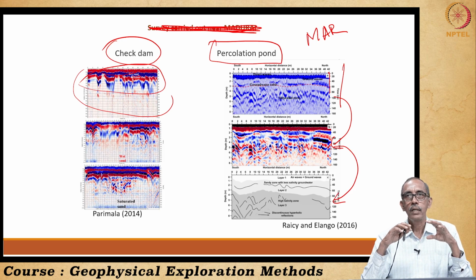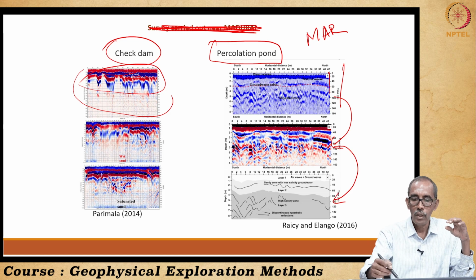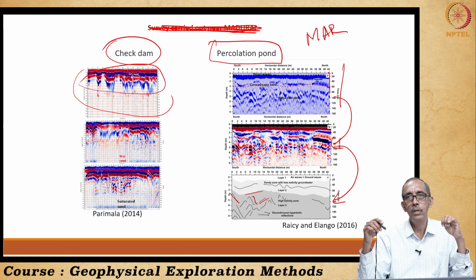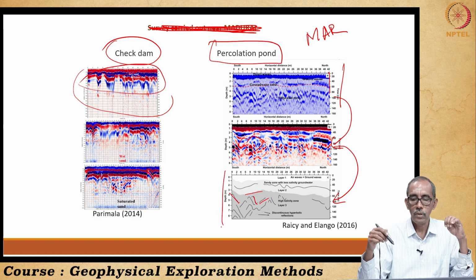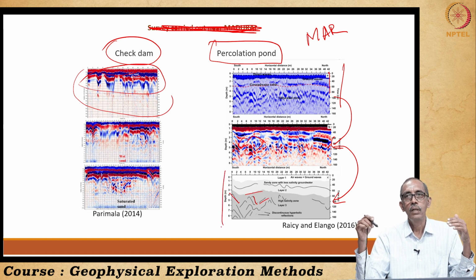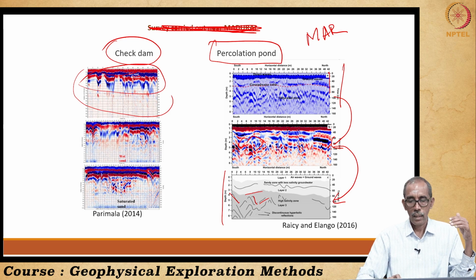We have not taken into account all the minute variations in the subsurface. Some major contacts or deflection objects alone are indicated in this diagram. So, this is how we could arrive at the subsurface cross section from ground penetrating radar. So, these are the applications of ground penetrating radar to understand the variation in the ground surface.